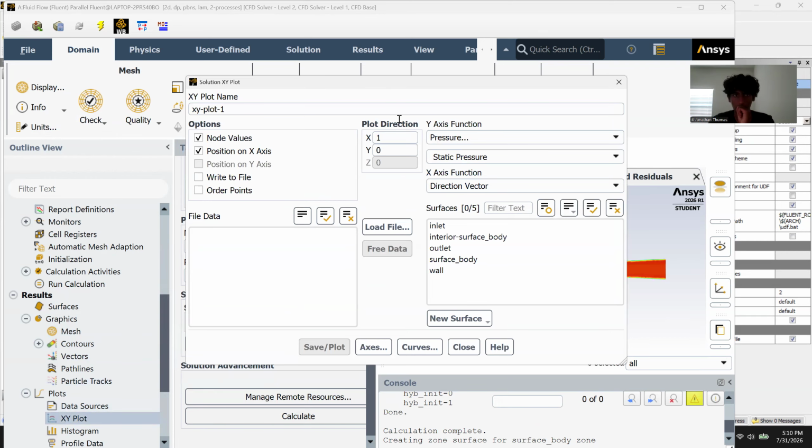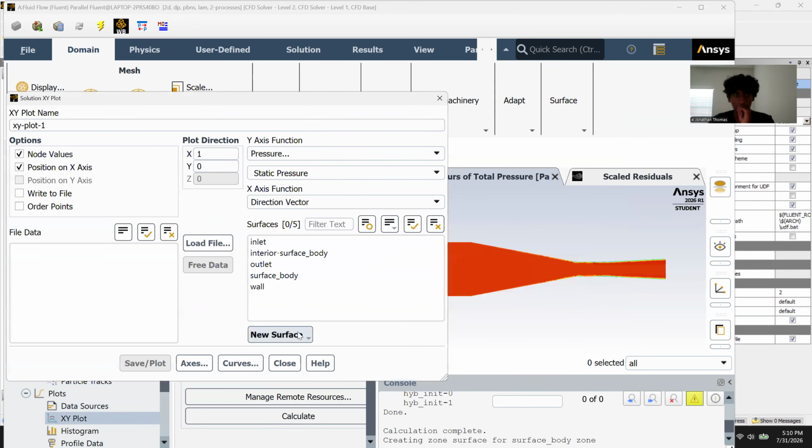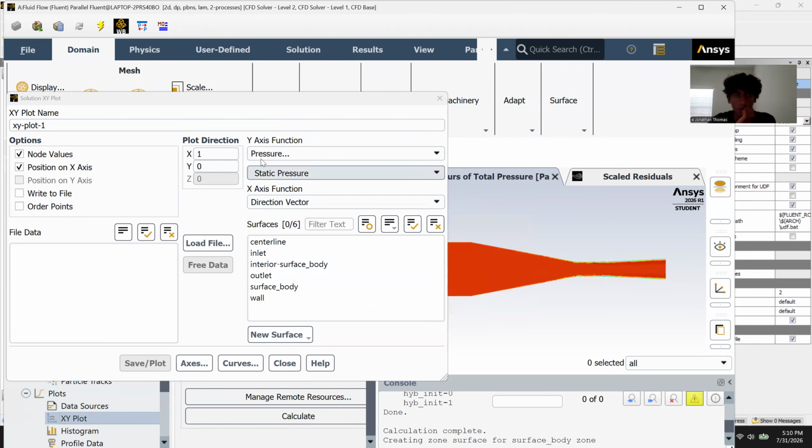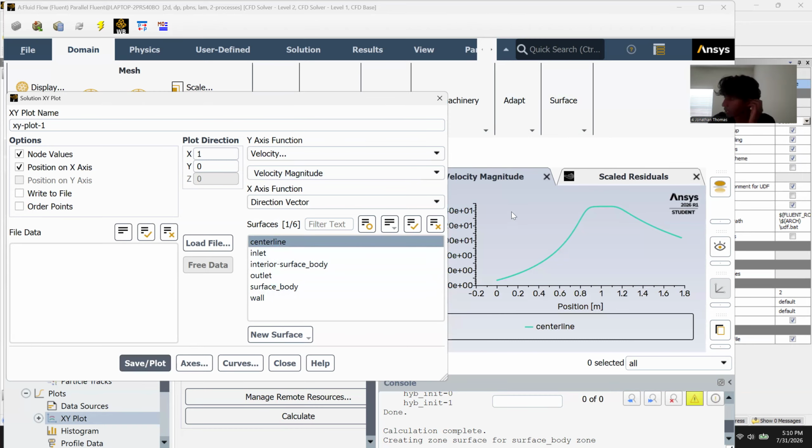And we are now going to make it X. You have to now get the data for the center line. So we click new surface, line and rake, and then center line. And then our value should be 2.3622, used by my partner here, and then close. So now when we do velocity magnitude for the center line, say plot, we should get this pretty much, which